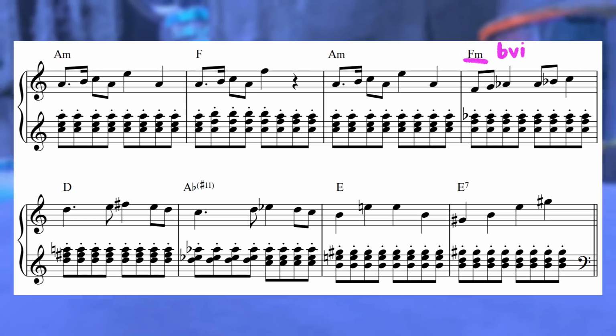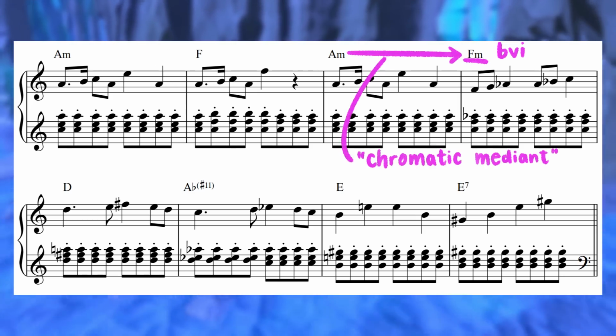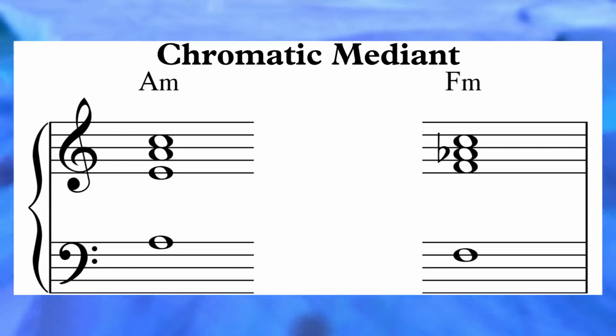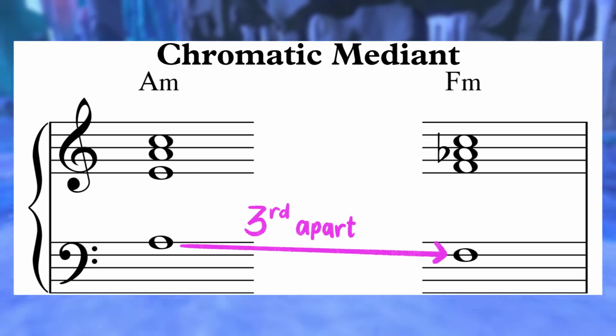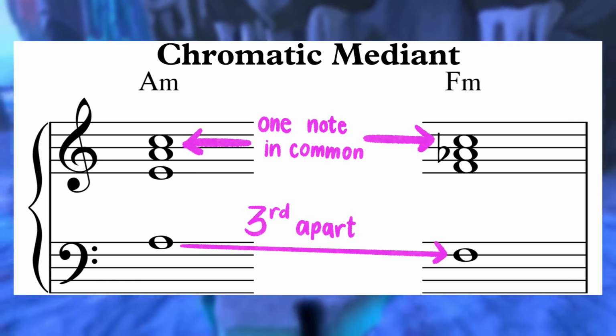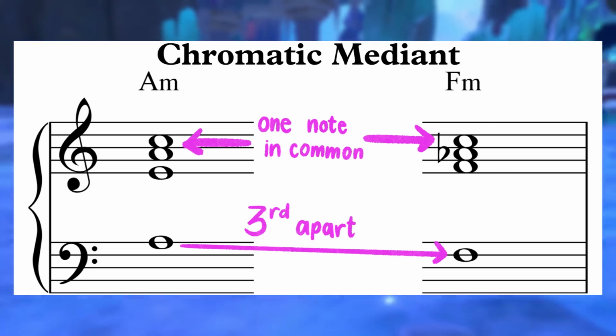The following phrase subverts the expectation set by the first phrase by landing on an F minor chord in bar 4 rather than an F major chord, a dark harmonic shift known as a chromatic mediant. A chromatic mediant relationship between 2 chords just means that the 2 chords' roots are a third away from each other and they share only one note in common between them. This is another common harmonic trick Kirk Hope uses to catch you off guard.